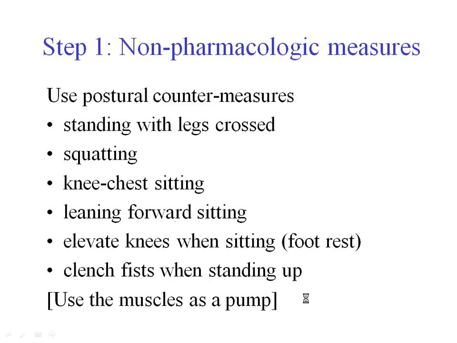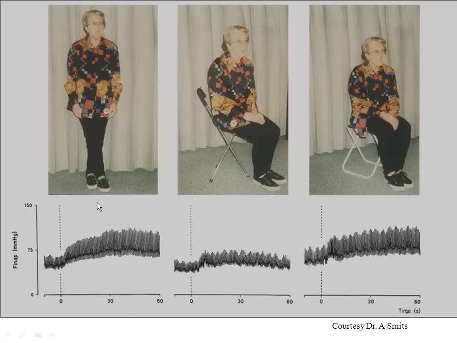A picture of this is shown in this slide from Dr. Smits in the Netherlands, showing an individual with orthostatic hypotension who is crossing her legs. He measured beat-to-beat blood pressure, and it showed that when she was supine, this was the blood pressure here, and when she was standing with her legs crossed, it increased and kept her able to cook or wash dishes or do things upright. The lower the chair, the higher the elevation in blood pressure, and that again gets at this notion of trying to get your knees higher than your hips.